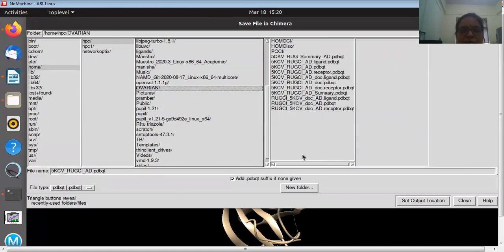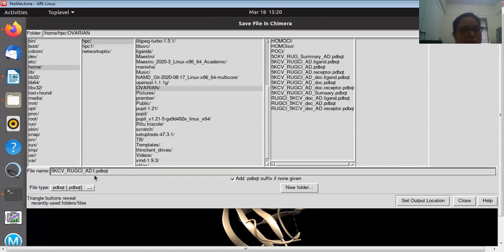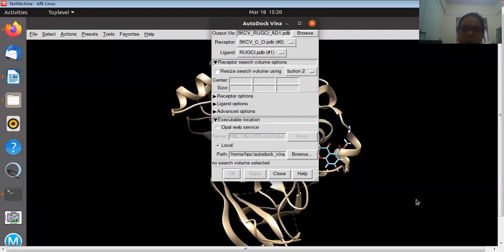This is the ovarian folder where I have to save the file. Okay. So for changing, I will just give one more. So now put it, set output location. That means you are telling where Chimera has to save the output files.